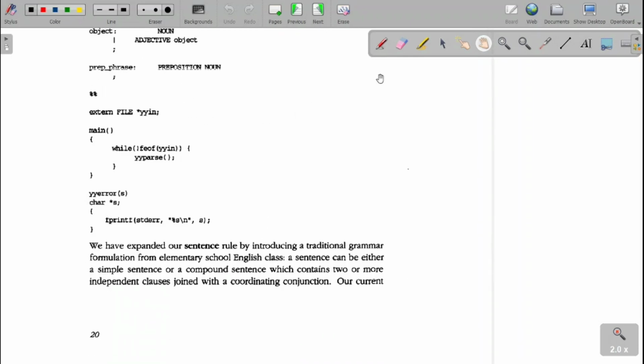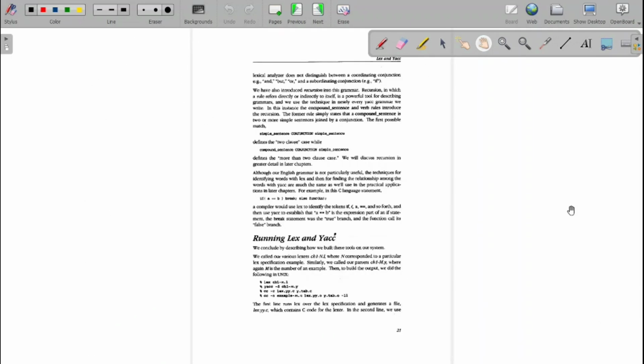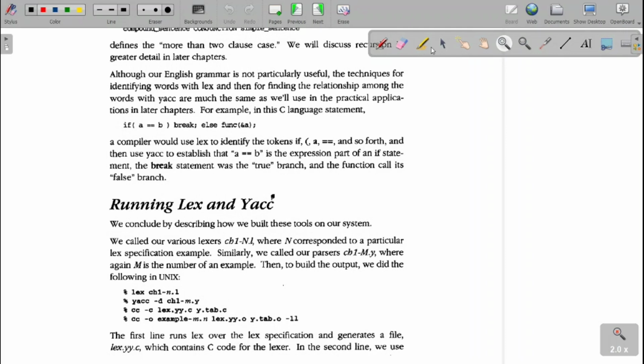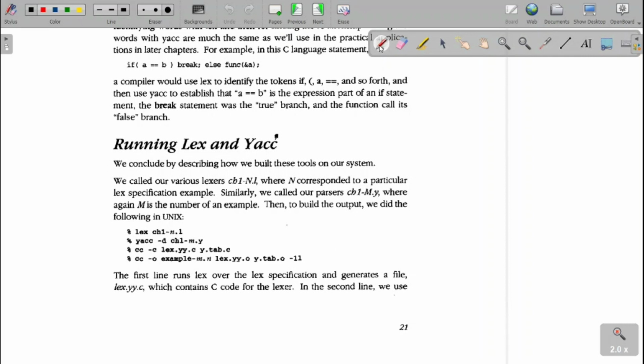Fine. The next one will be running the Lex and the Yacc. These commands we have already discussed. First, we start from gedit, that is for creating. Then next, converting the Lex file to the C file, we use the command lex filename.l. Next, to convert the Yacc program to the C file, we use yacc -d and filename.y. Then cc lex.yy.c y.tab.c -ll. Then it is going to create the exe file as a.out.